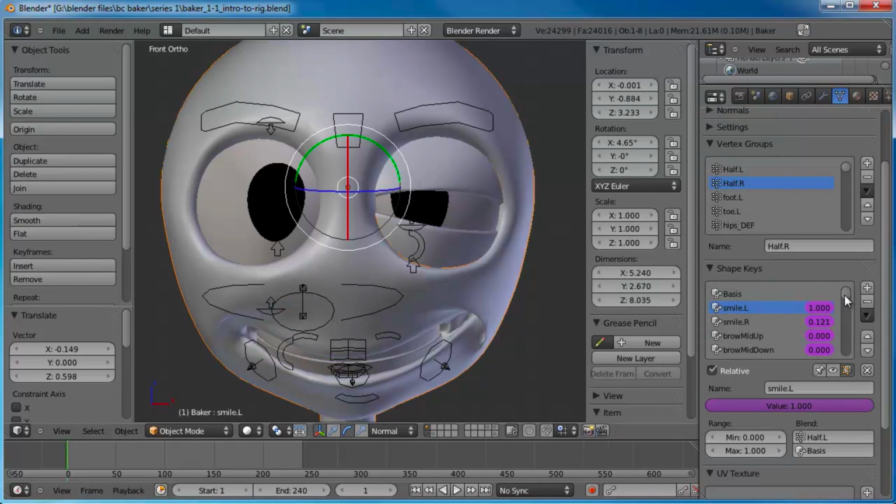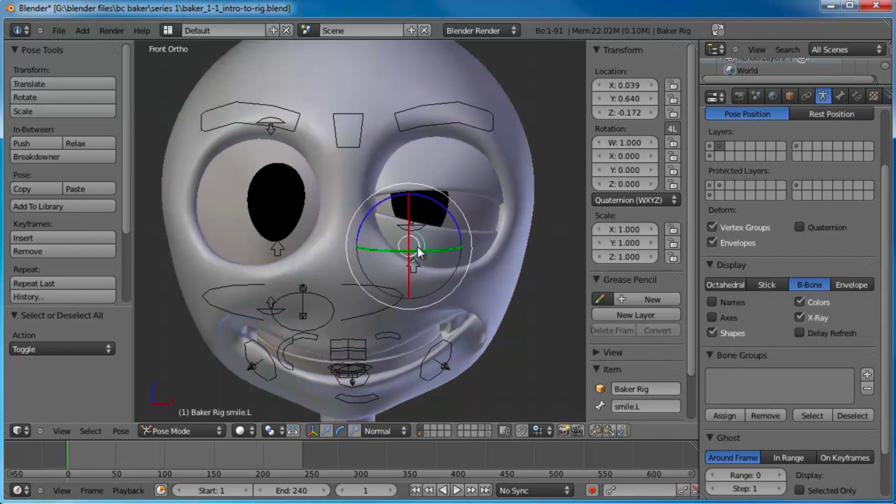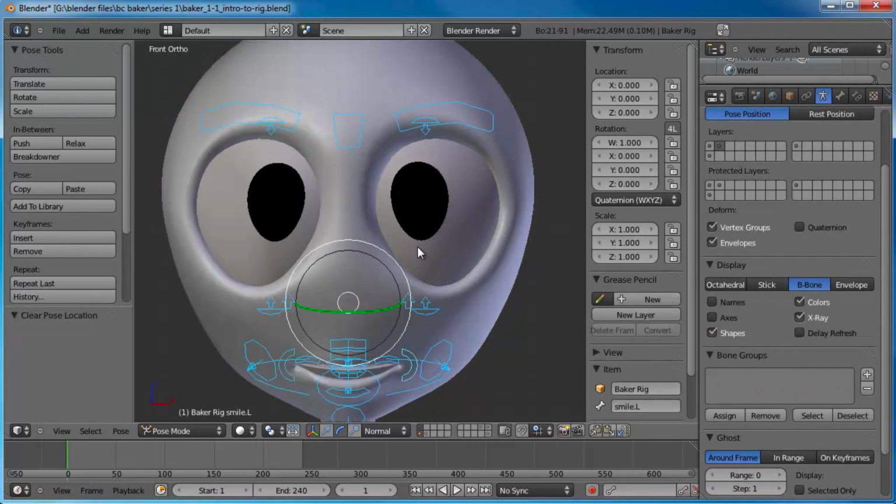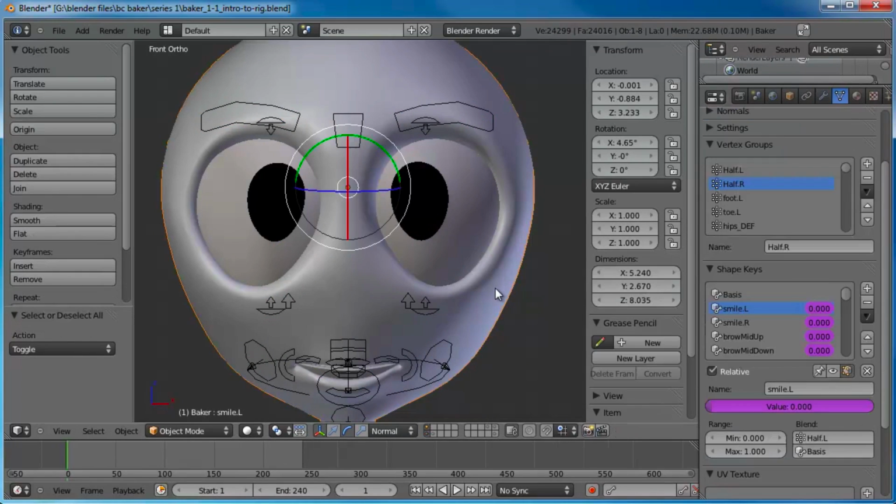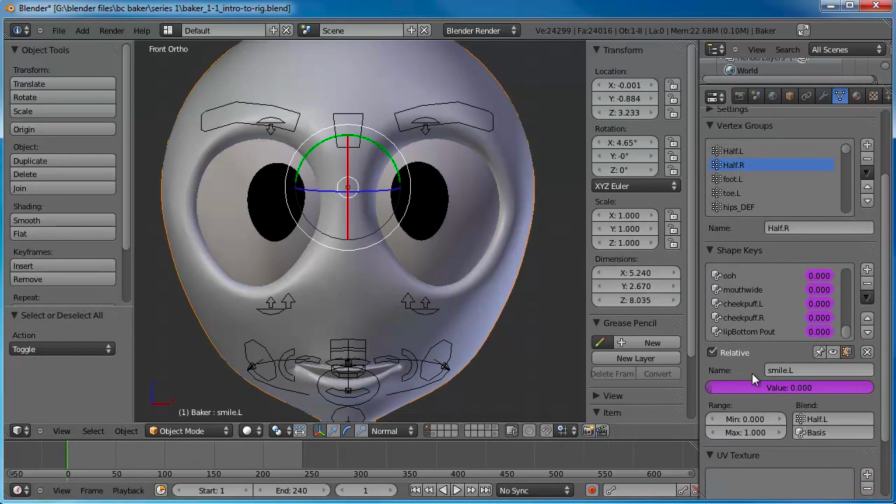Let's go ahead and just create a new. Let's clear out all of our bone shapes, our bone positions here, and let's go ahead and create a new shape key. Let's just come down here and we'll just hit the little plus sign. It's going to create a new key. It's going to be the 26th shape key on this model, which obviously means that there was 25 beforehand. But let's just go ahead and call this, I don't know, how about